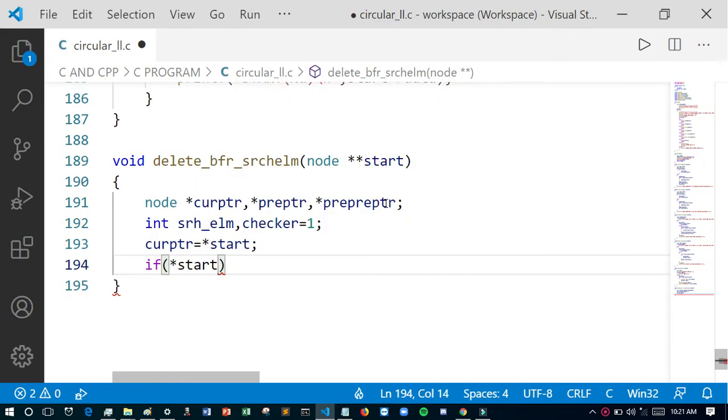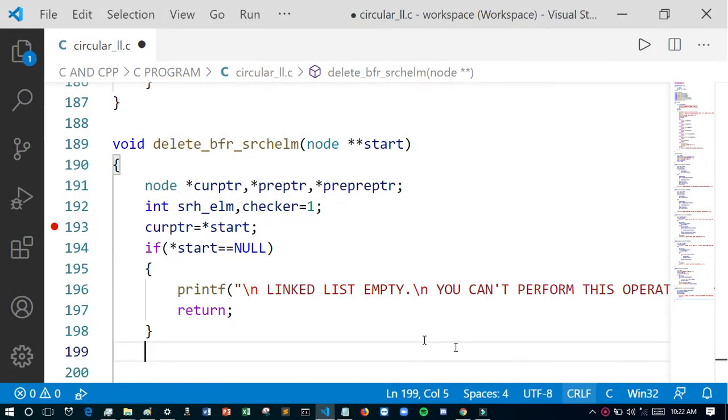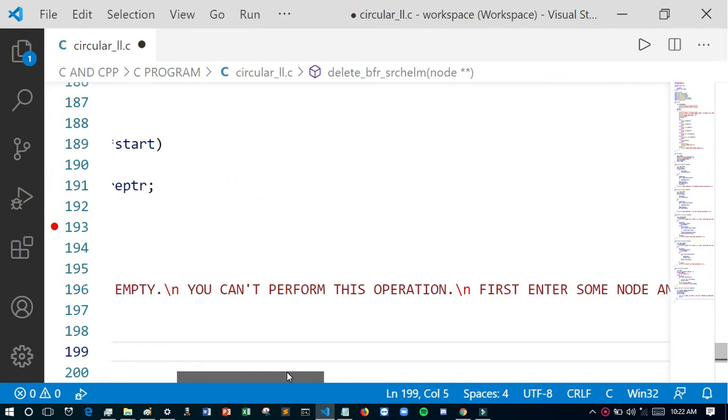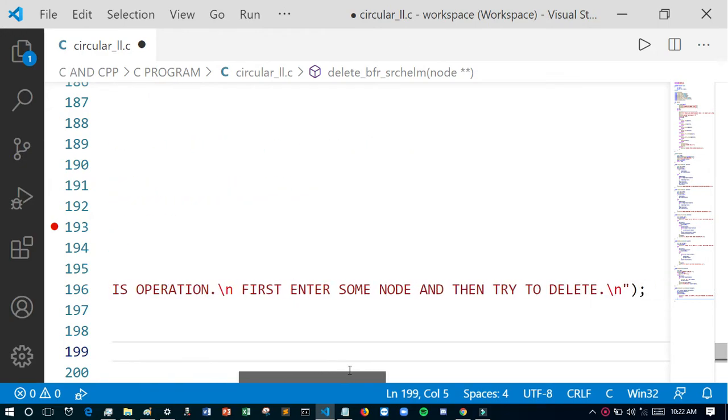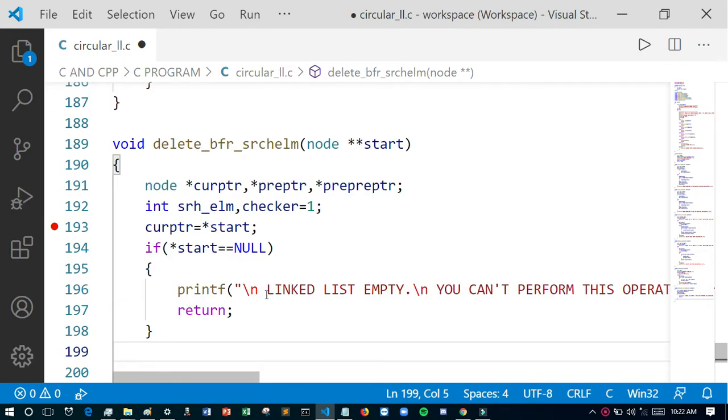And then if start equals null, it will print that the linked list is empty and you can't perform this operation. First enter some nodes and then try to delete, and it will return.